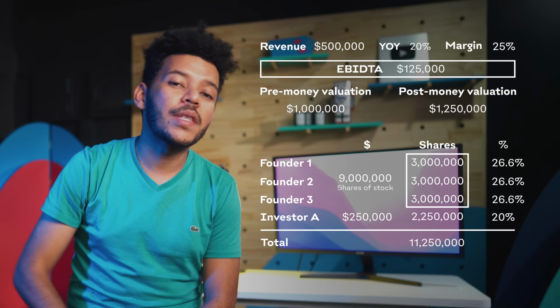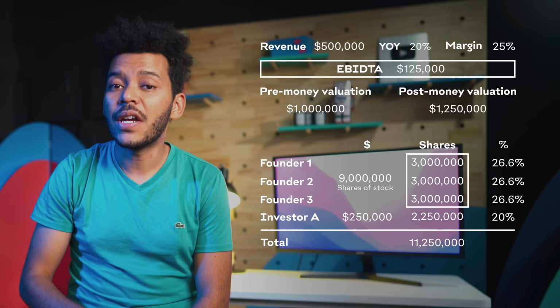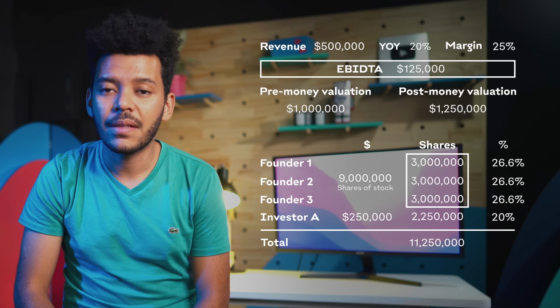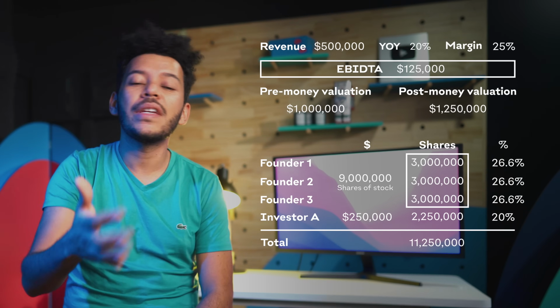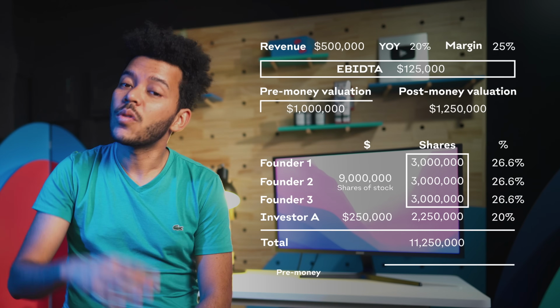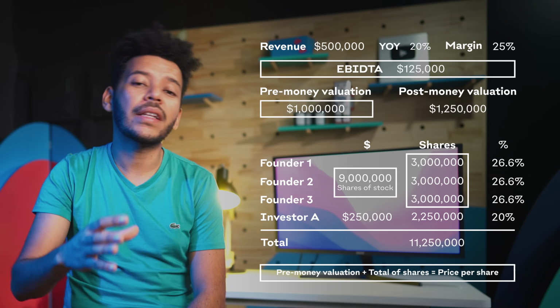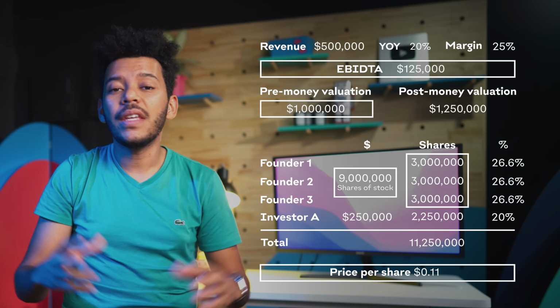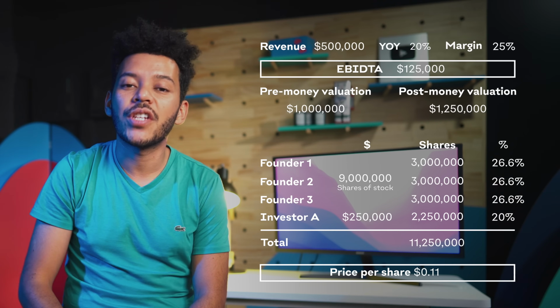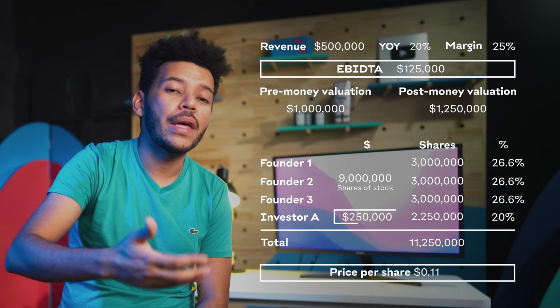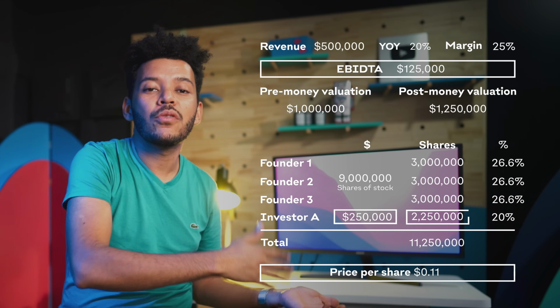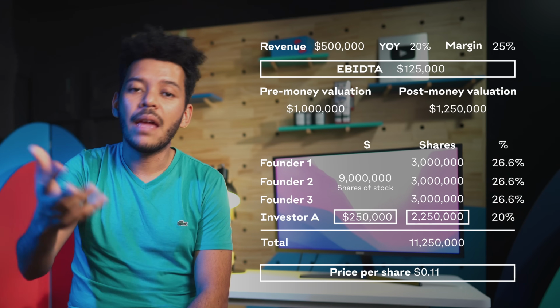So let's go back to the Slidebean example. Again, 9 million shares for the founders, $250,000 investment, 2,250,000 shares were issued to the investors for a 20% stake in the business. Now, the share price for this company is estimated using the pre-money valuation, which was $1 million. So it's $1 million divided by 9 million shares for an effective 0.11 price per share. The investors bought 2,250,000 shares that were issued for them. So we can also confirm that $250,000 divided by the 2,250,000 shares that they bought gives us the same 0.11 price per share. Share price is not really that relevant at this point, but it does become really important when the company gets acquired or when you're issuing stock options for your employees.